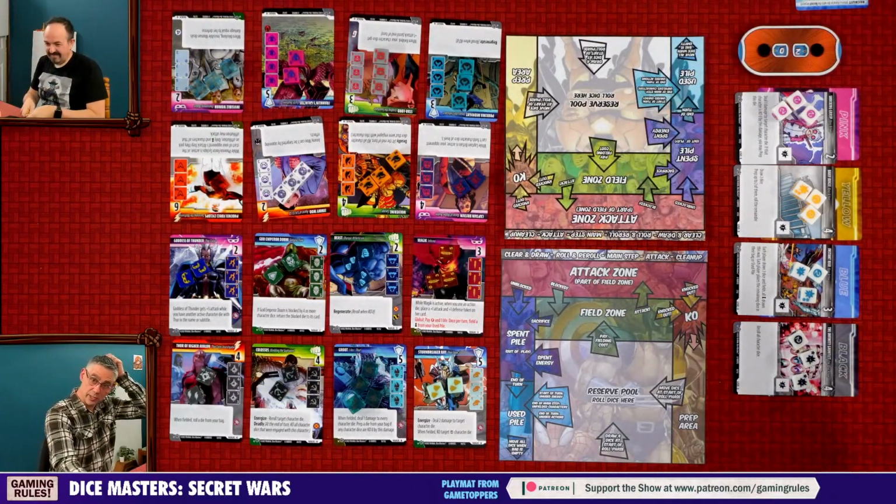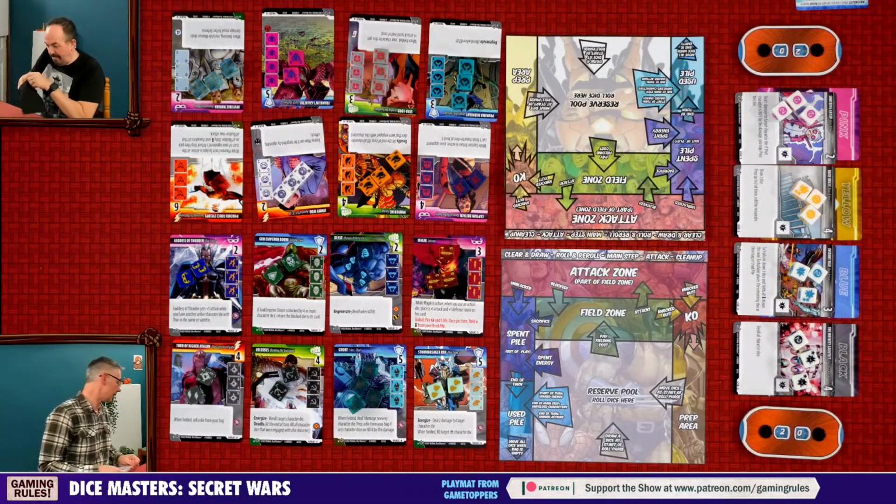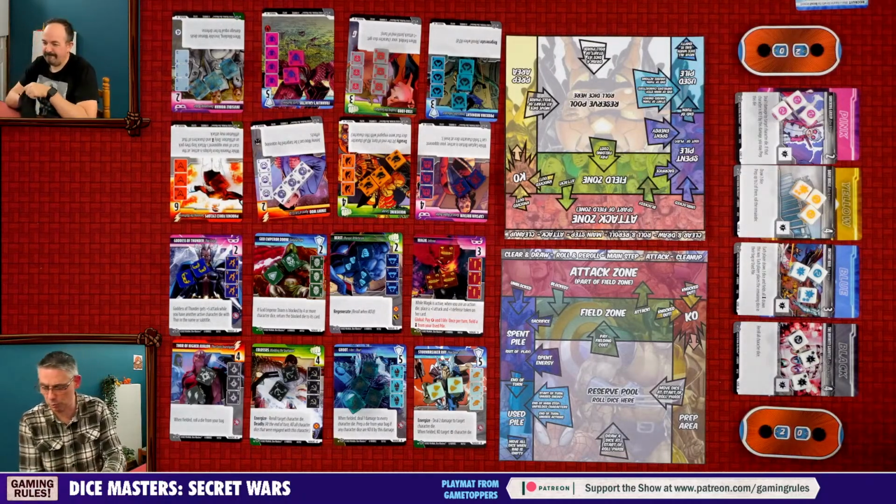We are using the life trackers from Marvel Champions. Yep. And I will now explain to Rick how you play the game. Well, the first thing is we need to decide who goes first. And I think the official rules...